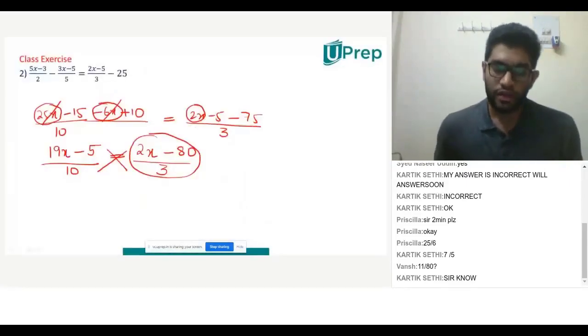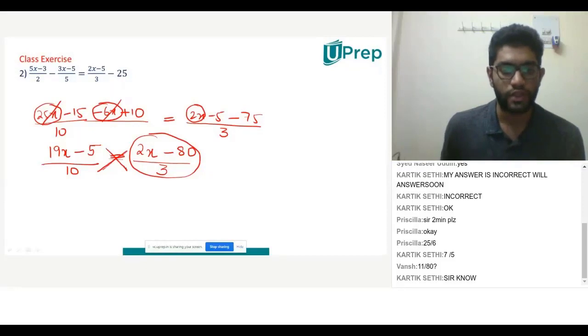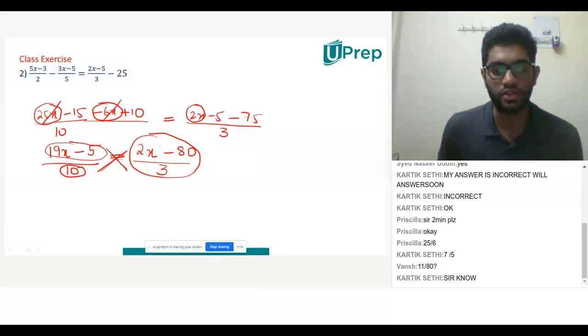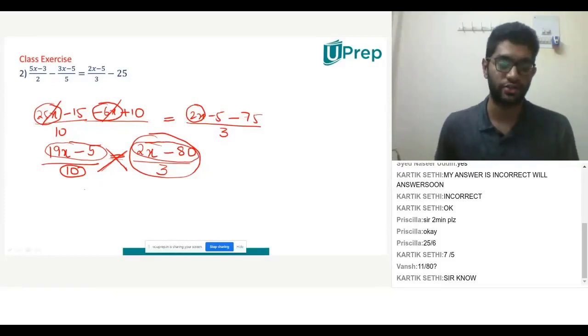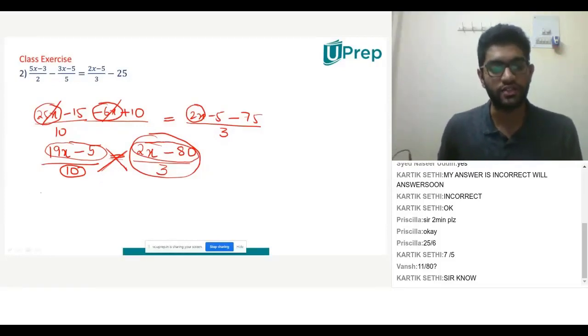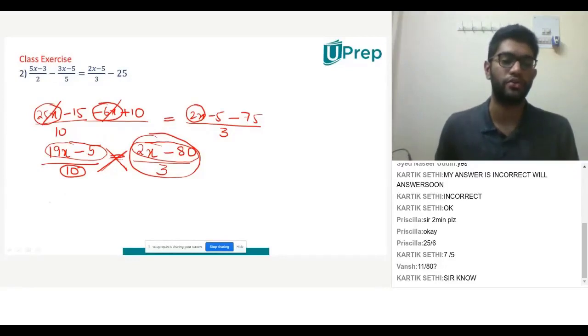Okay. I'll do it in two methods. Don't worry. Over here, whenever we have an equal to sign, we can cross multiply. So now 3 is to be multiplied by this term and 10 is to be multiplied by this term. When we do this, we get rid of our denominators so that we do not have to work with fractions. It is always easier to work with whole numbers as compared to working with fractions, right?